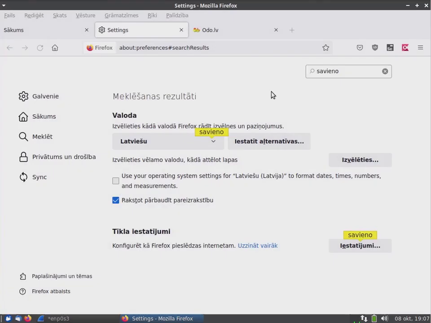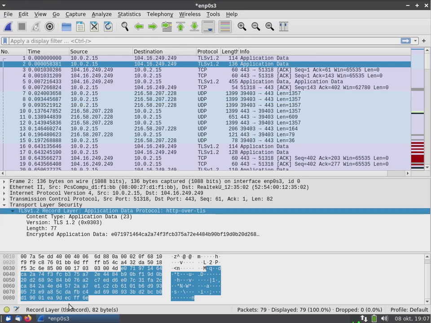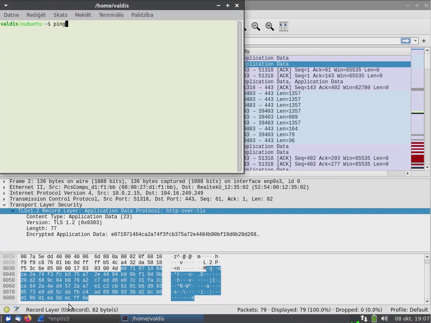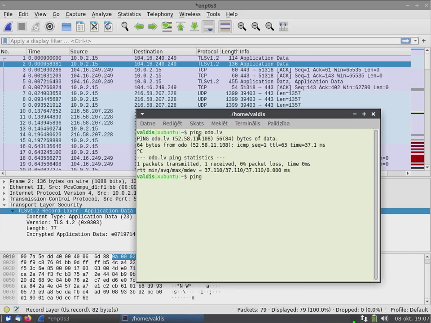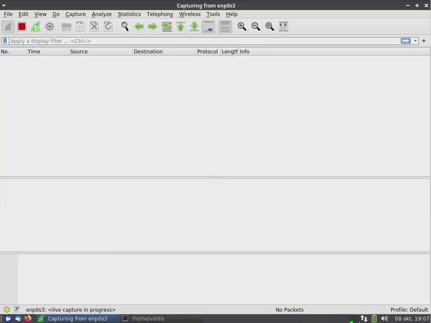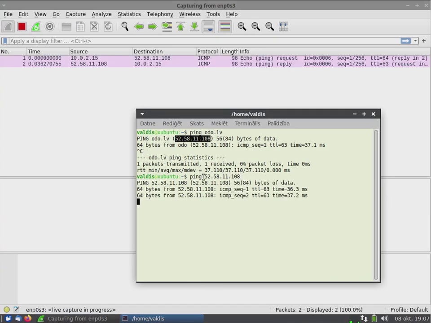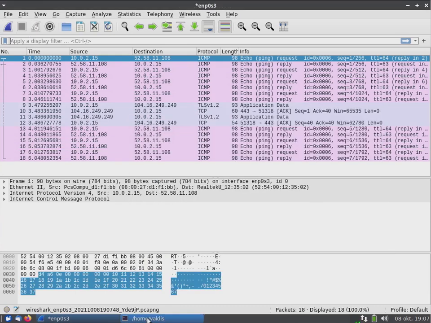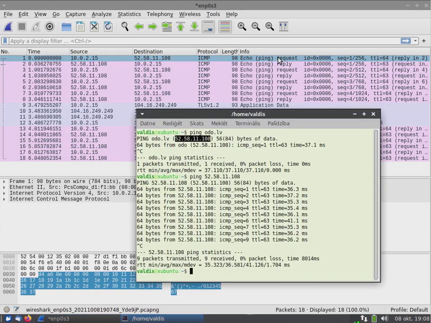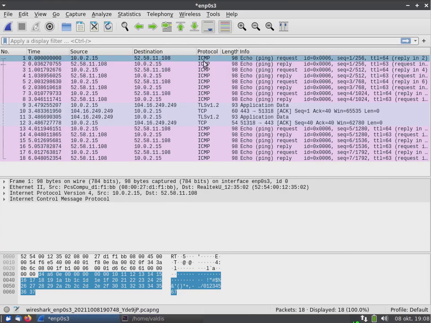So how do you do this? The utility which uses the ICMP protocol and is most widely used is ping. And ping does the following. First, let's check. It sends an Internet Control Message Protocol packet from this address to that address.